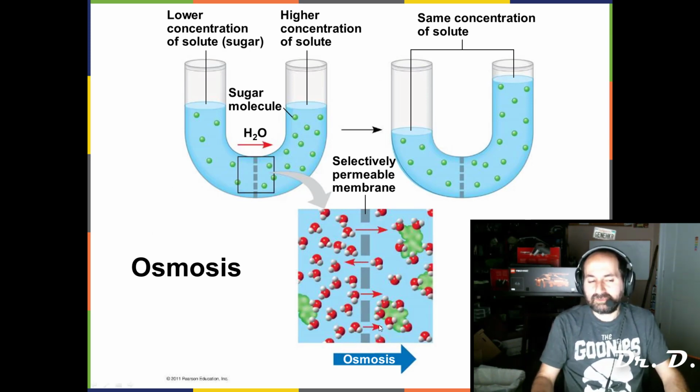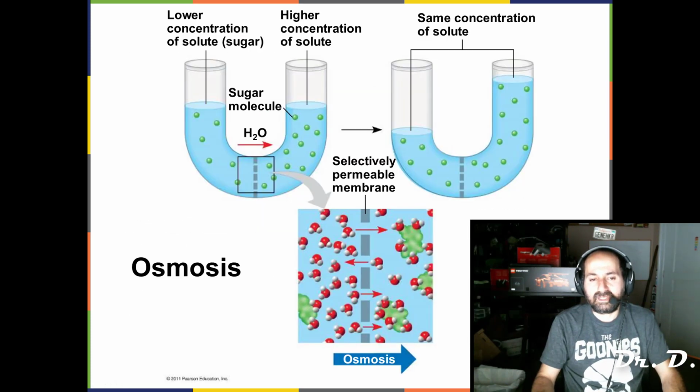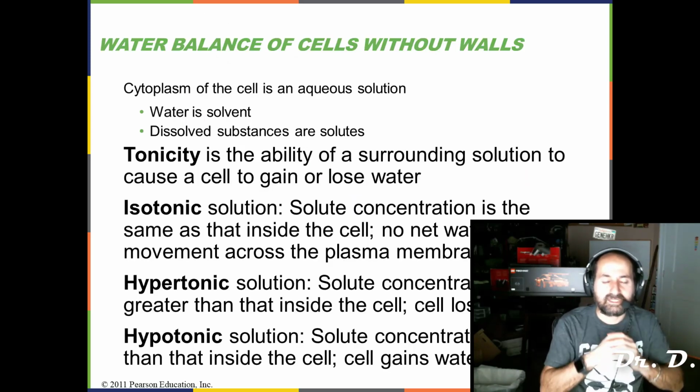And when do you have osmosis problems? Usually whenever you don't allow the solute to cross. If you allow the solute to cross, it's usually a dialysis problem. If you don't allow the solute to cross, now it becomes an osmosis problem. Now only the water can move. Now you have to ask yourself, where's the water concentration high? Because the water is going to go from where water is high concentration to where water is low concentration. Does that make sense? Okay, so this leads me to my last concept of this video, which is Chapter 5,